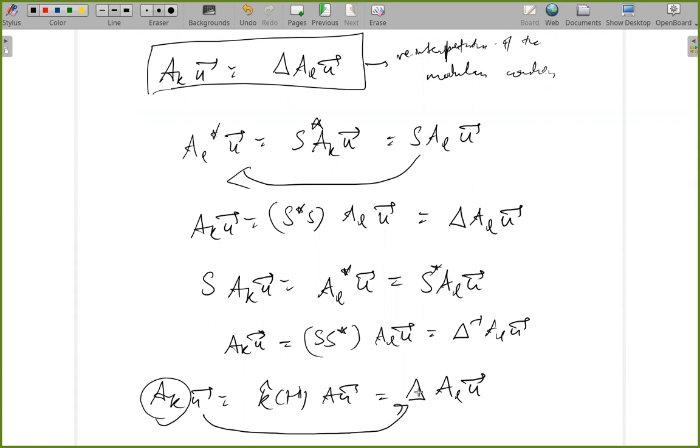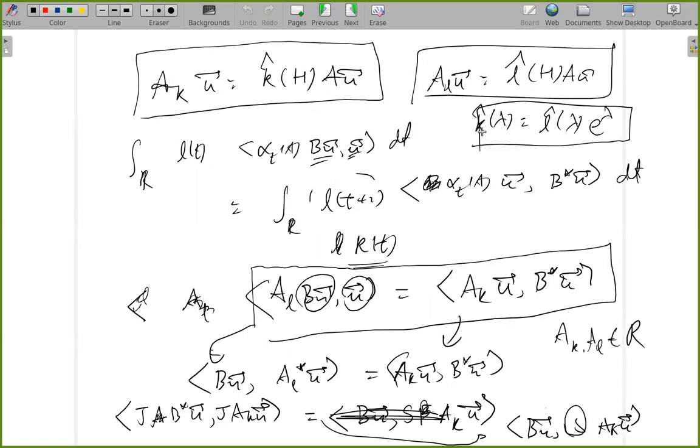So this equality is what we just noted here: AKU is equal to delta ALU. So that's what we are writing here. Now, same thing you can talk about ALU, right? So that is nothing but L hat H of AU, for exactly the same reason as why you have K hat H AU here. Now, remember what we had: since K and L are just translates of each other,